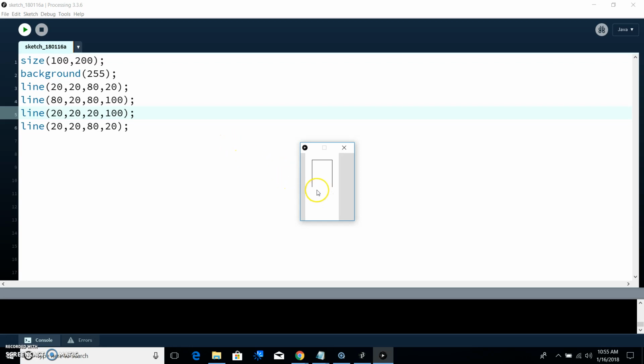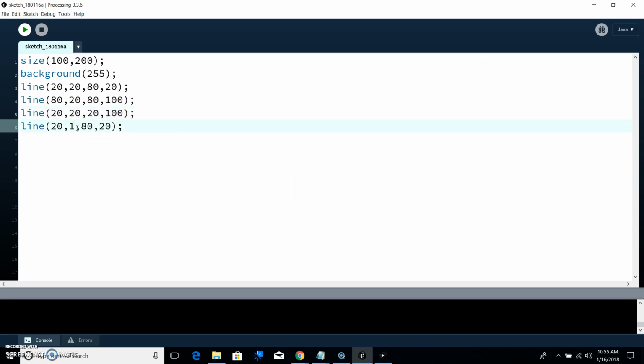And now, where's this dot right here? That's a 20, 100. And where's this dot? 80, 100. So it seems like we should go from 20, 100 to 80, 100. You guys good with this? Okay, so